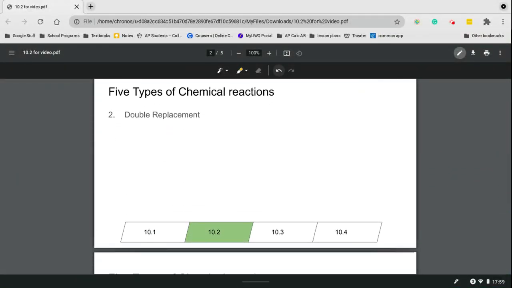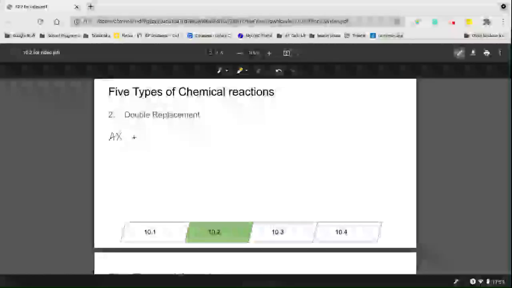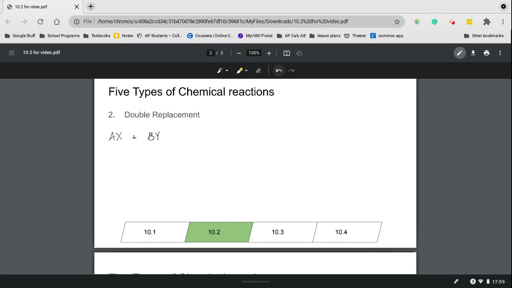And then double replacement is similar, except we're with 2 compounds instead of a compound and an element. And so they're still going to switch places, but instead of one being single, you're going to have A who was with X now being with Y, and B who was with Y now being with X. An example of this,